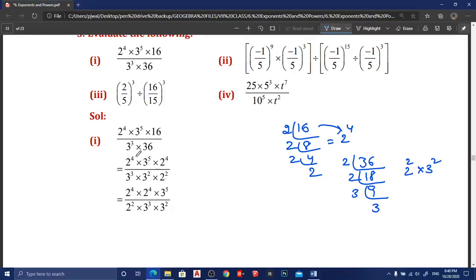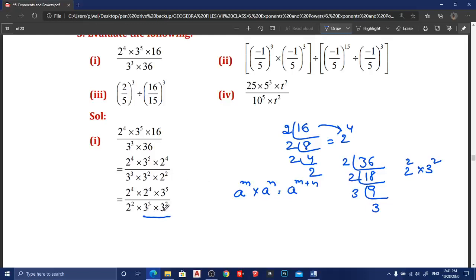So now I am writing these two numbers which are having the same base together first, and sending this 3 to the power of 5 to the end. Okay, next here I am writing this 2 square as the first number, and these two numbers I am arranging as the last two numbers. Okay, so now up to here, if you observe, both the bases are equal. So you can use the first formula, which is a to the power of m into a to the power of n is equal to a to the power of m plus n. You can use the first formula for this, and up to these two also.